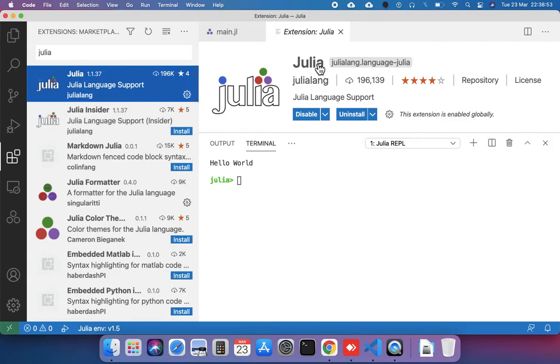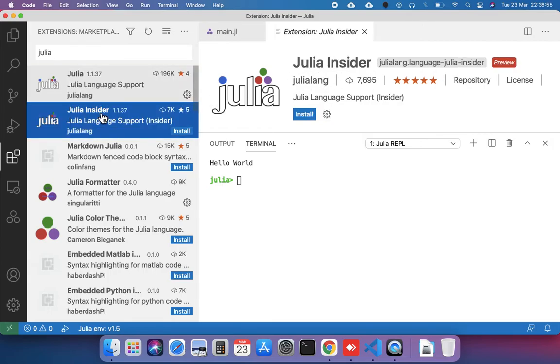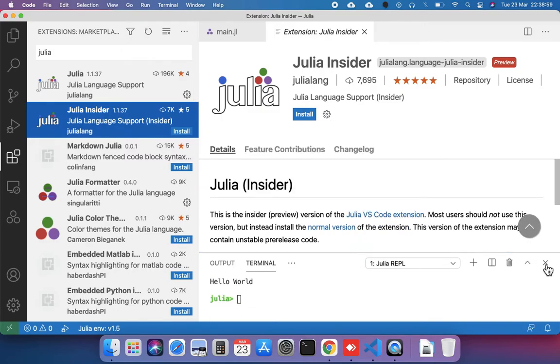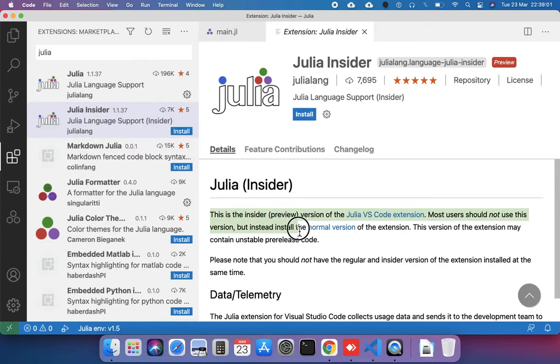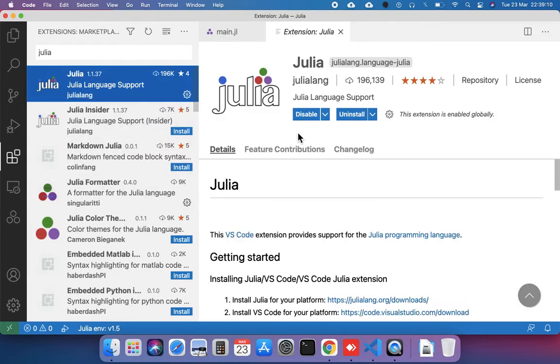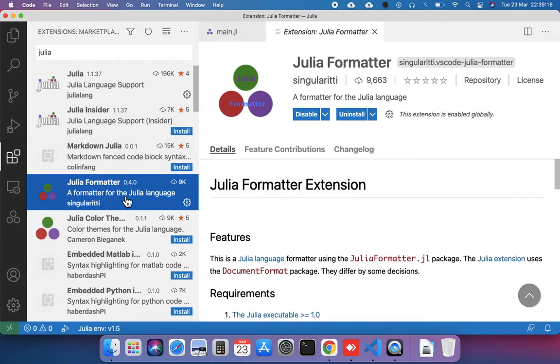Certainly you are going to see two versions, Julia and Julia Insider, but I don't recommend using Julia Insider because the note says that it is unstable pre-release code, so it is not recommended. So I installed Julia, this one, and there is an optional one.